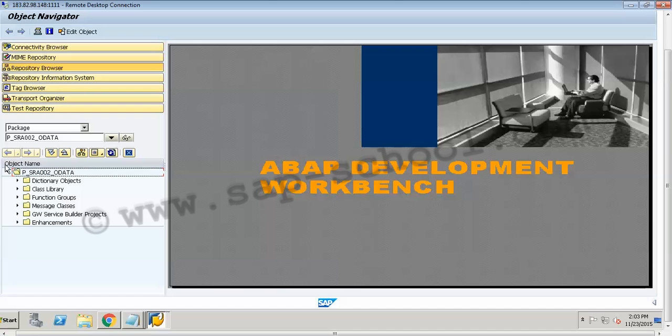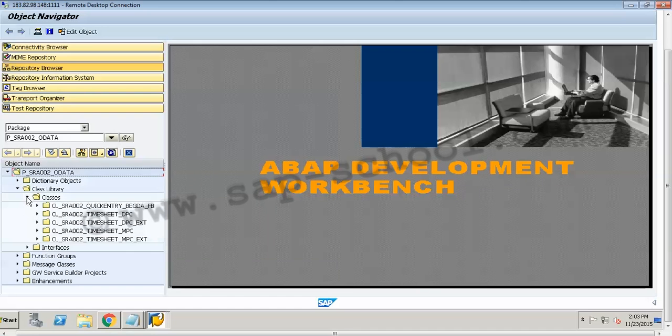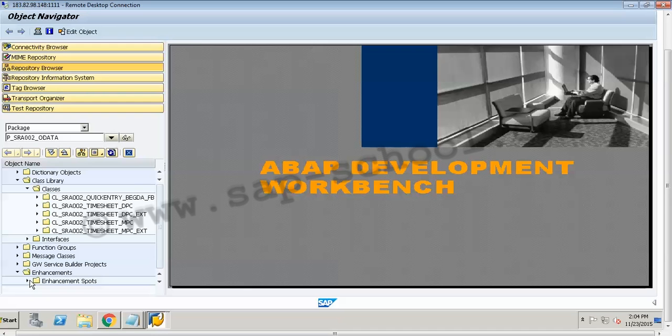So if I go to my class library and expand my classes, I'll be able to see all my MPC and DPC classes here. That is my model provider and data provider classes. After that, I can look at my enhancements area. So I can see the enhancement spot.